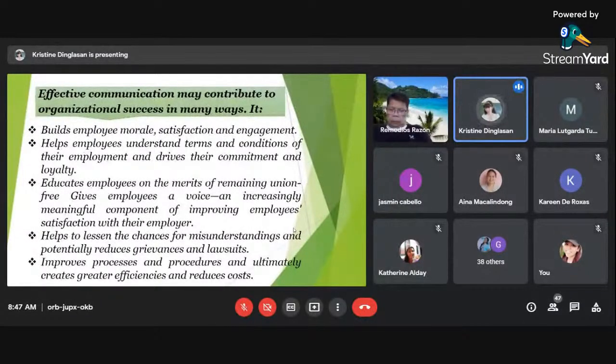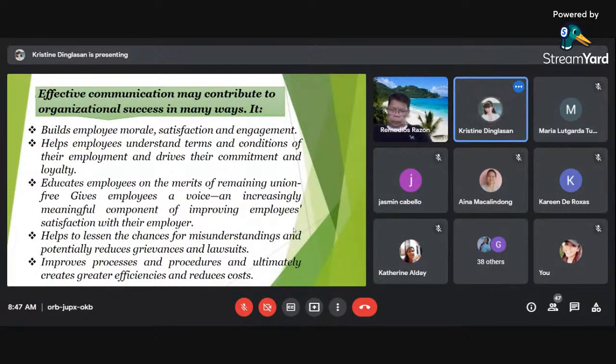So effective communication may contribute to organizational success in many ways. So first, it builds employee morale, satisfaction and engagement. Second, helps employees understand terms and conditions of their employment and drives their commitment and loyalty.